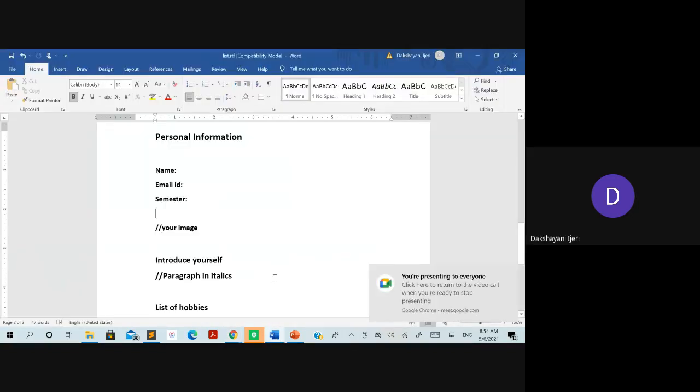You got an idea, right? What I'm trying to convey, what I'm asking you to develop as an HTML page, at least you got an idea. Yes or no? Or else if you have not understood the question itself, do ask once again. I'll explain what you are supposed to do.